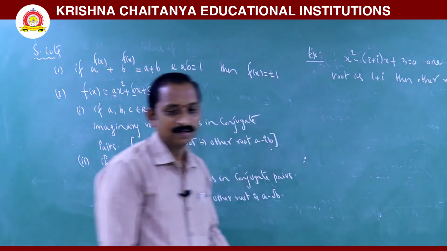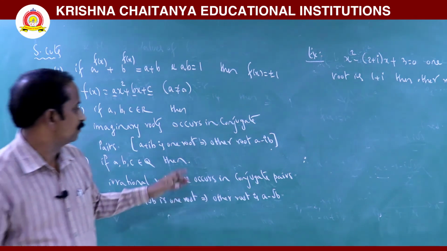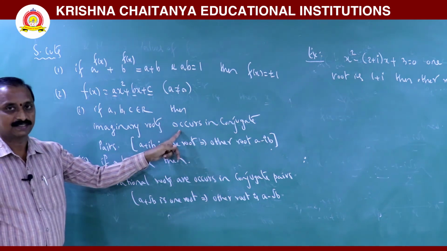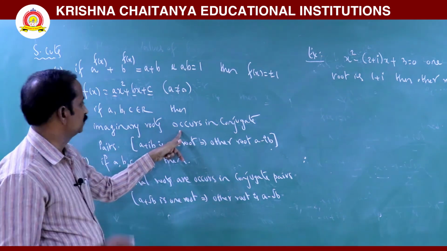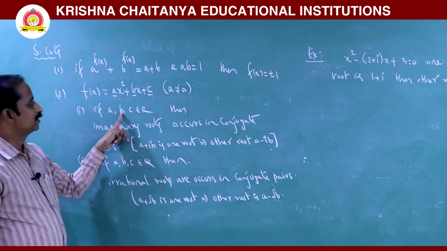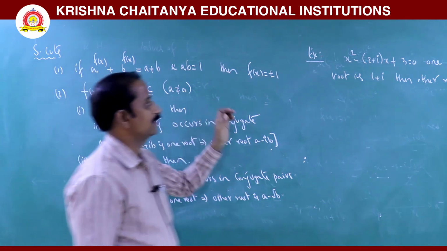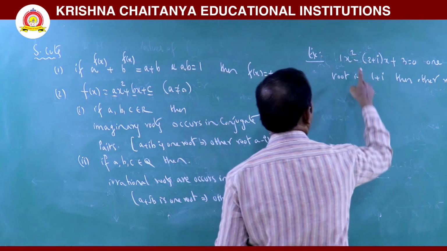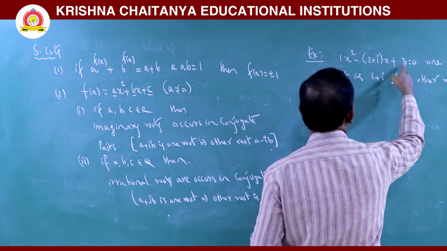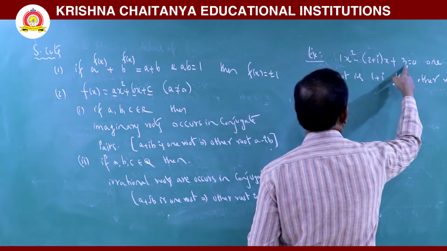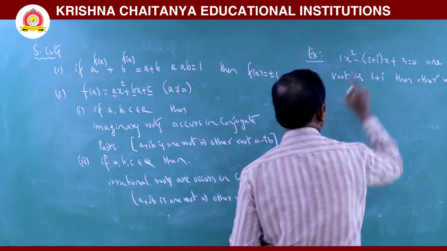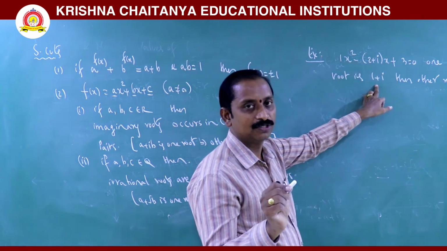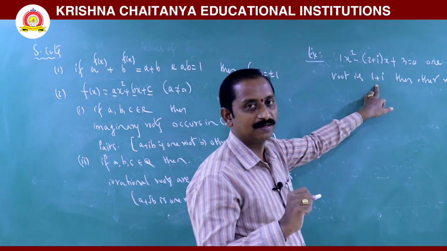This is the question. Originally, as per the content, imaginary roots occur in conjugate pairs. That is possible only when the coefficients are real. So that's why we have to check the quadratic equation coefficients. This is 1, this is minus of 2 plus i, this is 3. This should be real, but it is not real, it is imaginary. So for the respective problem, don't write the other root as 1 minus i. You can calculate the other root.